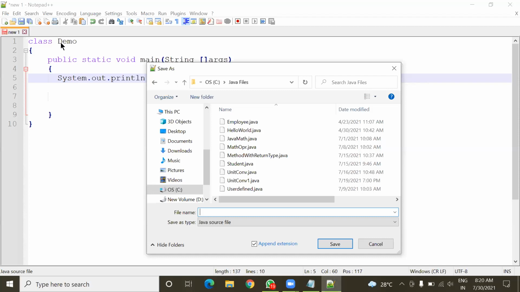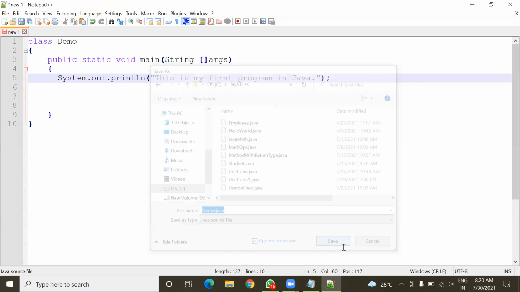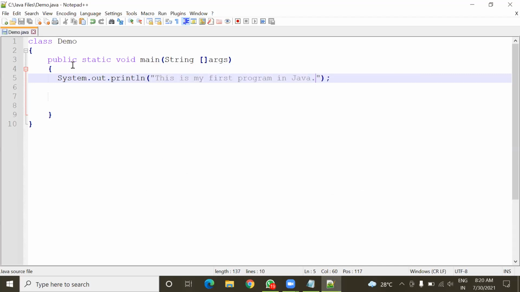The file name you have to give is exactly the name of the class. The name of the class is demo here, so the file name will be demo, and then you have to give the extension, demo.java, since it is a Java file. After giving the file name, just click on the Save button. Now my program is saved.